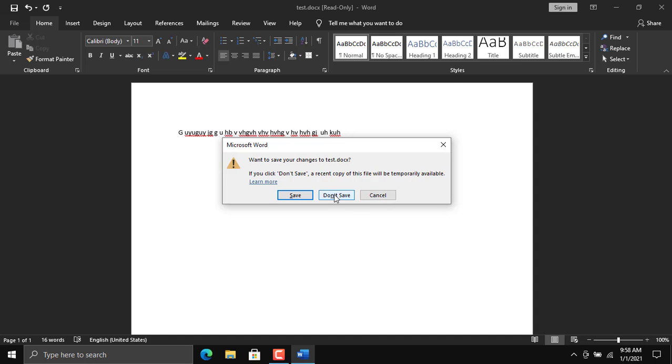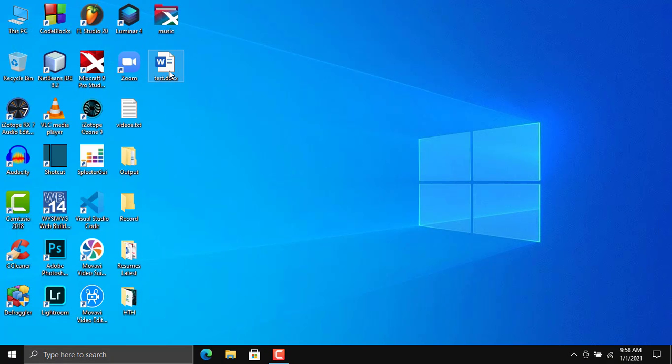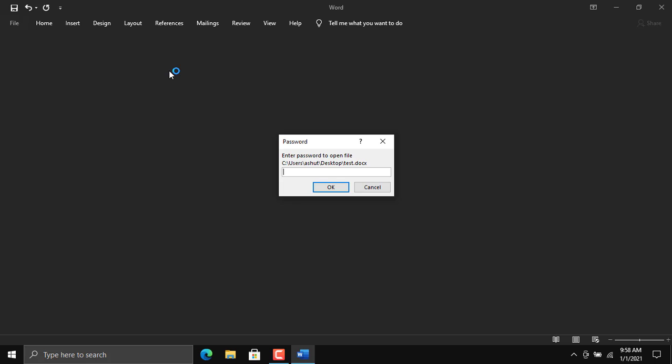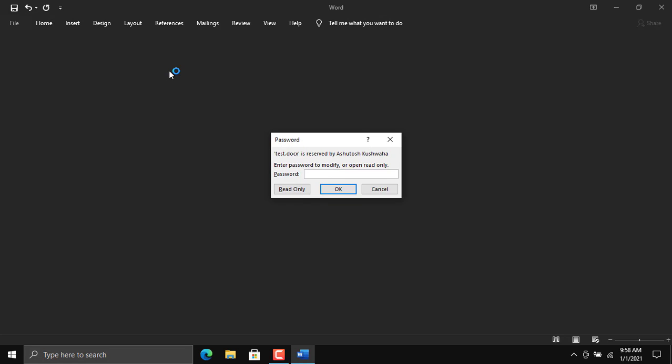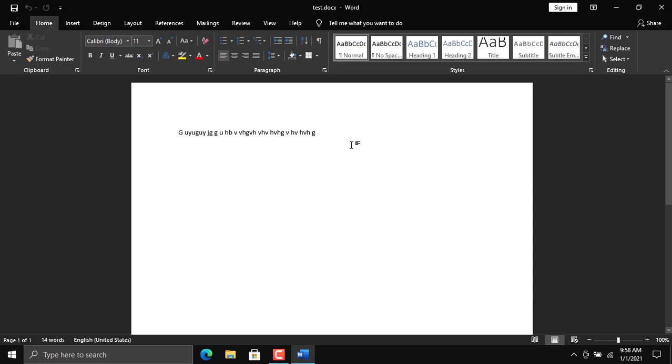Now I'll close the file, and let's reopen the file. Now I'll enter both the passwords correctly. I will enter 123, which is the password to open the file, and 321, which is the password to modify the file, and click on OK. After clicking OK, you have the document in front of you, and if we make any modifications and I go ahead and click on Save, it will save the document. You can see that it saved the document. It did not prompt us again, and there was no kind of error. So if I save the document here and close it,